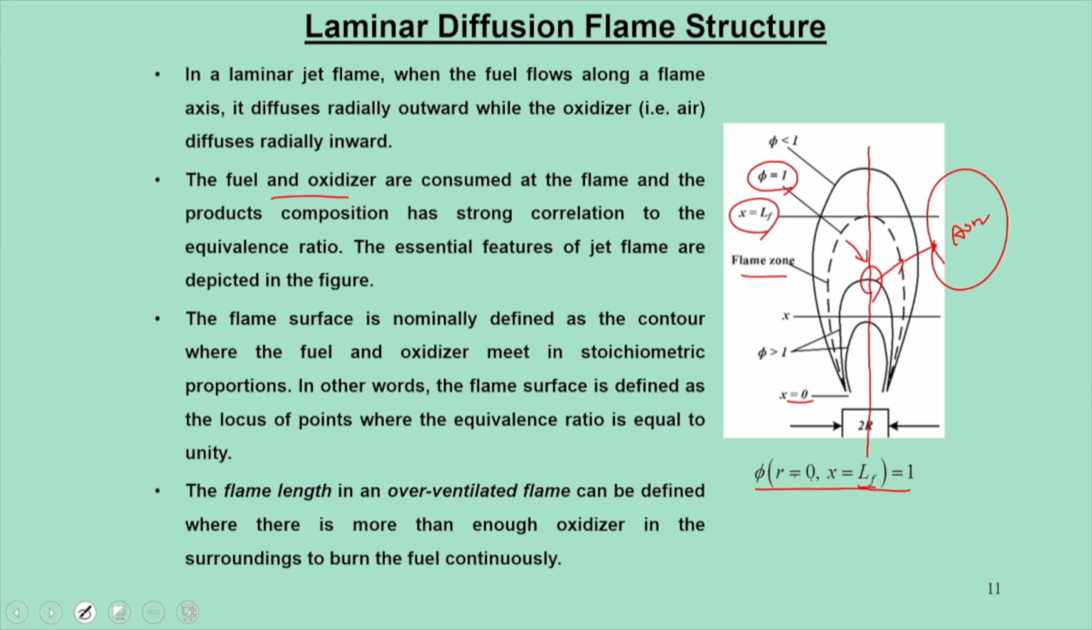Flame surface is normally defined as a contour where fuel and oxidizer meet at stoichiometric proportion, which means that if you look at any point on this flame surface, the fuel-air mixture is stoichiometric. This is not at a point, this is a surface. In other words, the flame surface is defined as the locus of points where equivalence ratio is unity. In some cases, we say it's an over-ventilated flame, where there is more than enough oxygen for the oxidizer in the surroundings to burn the fuel